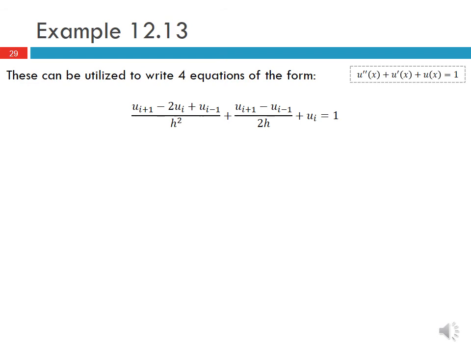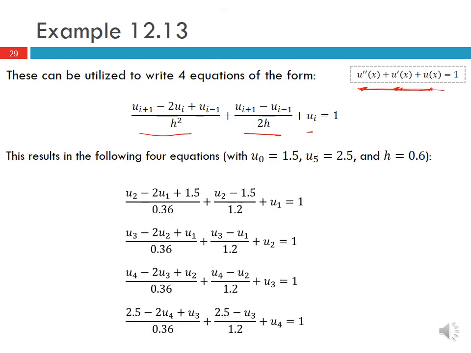So this is our differential equation this time. We've got the second derivative of u plus the first derivative of u plus u is equal to 1. Here we can use the centered finite difference for the second derivative and the first derivative, and then we just have our u at i. So we can write this form of equation at each of the intermediate points, and we get these 4 equations, which we can write